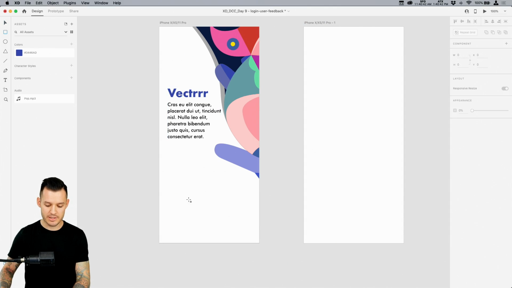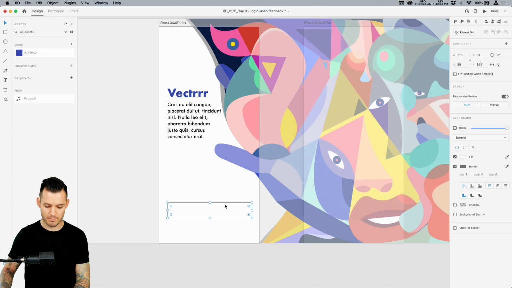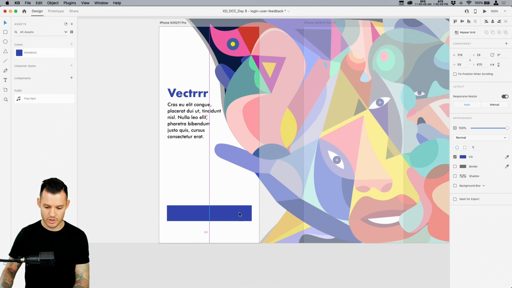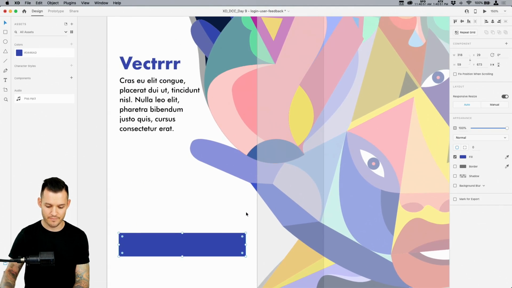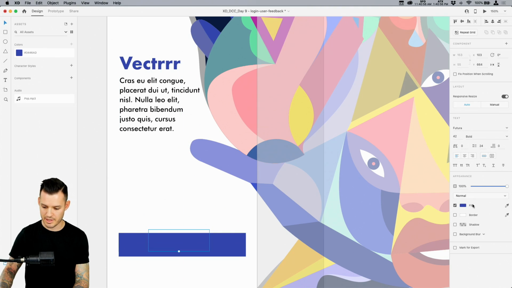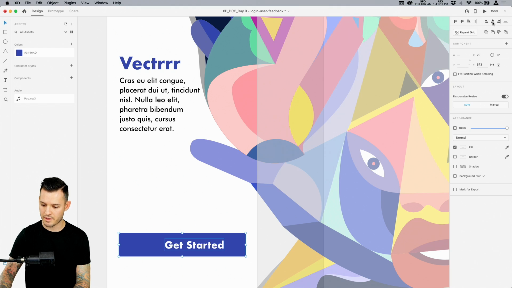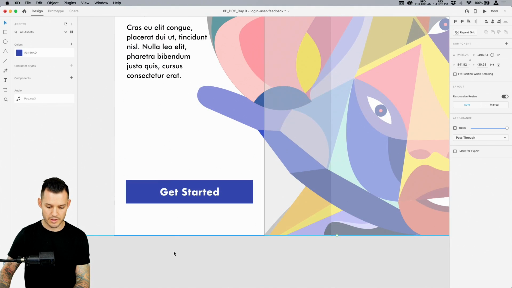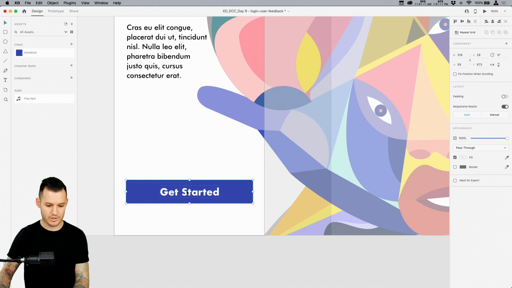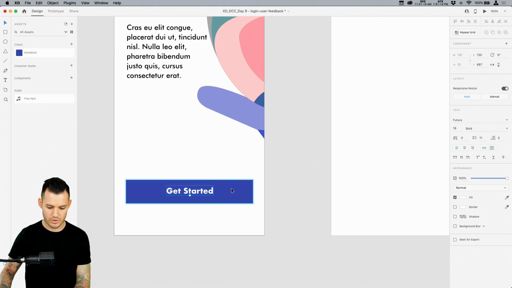It's gonna be cool. Let's do a button, just a nice simple button. And let's use our color here, take that off. Should we keep it square? Yeah, let's keep it square. And then let's just take our text. Let's paste another version of our text. We're just making a button right now. Make it white, shrink it down a little bit, right? And let's just do a generic get started message inside of this button, okay? All right, so far so good. We're taking these, let's group it together. Let's just shrink it down a little bit more.